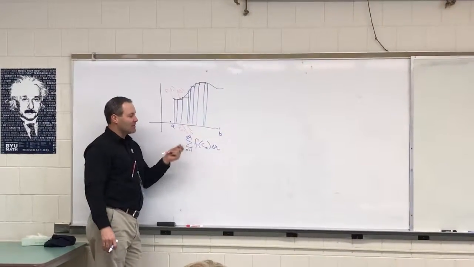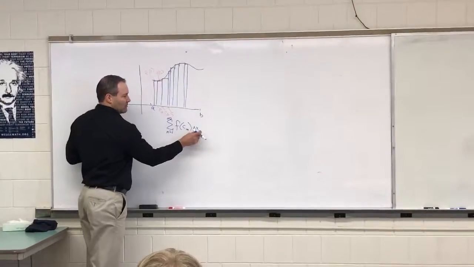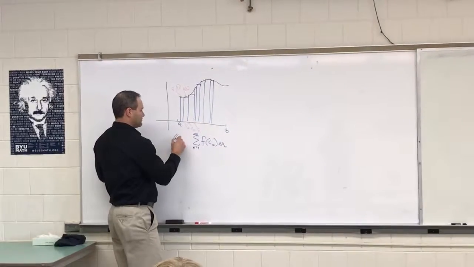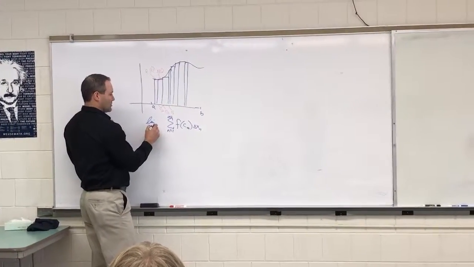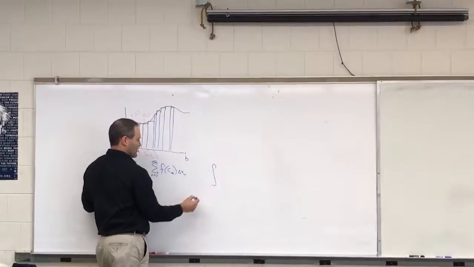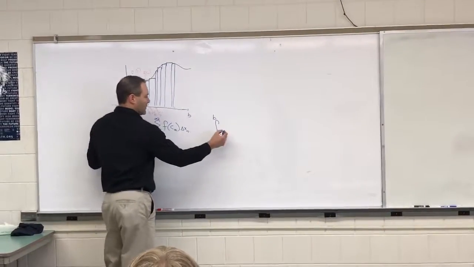And if we have an infinite amount of little bases and heights, we could find the limit as the number goes to infinity, and it becomes the integral from a to b of your function,